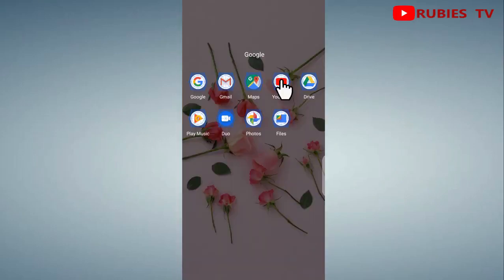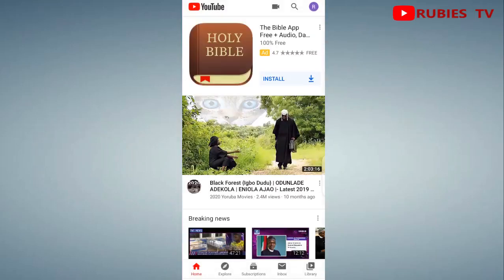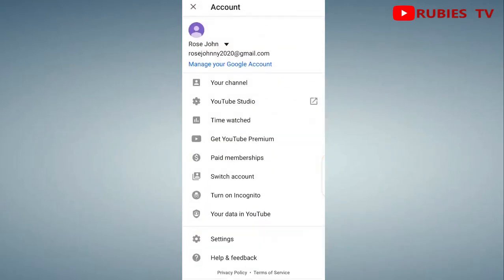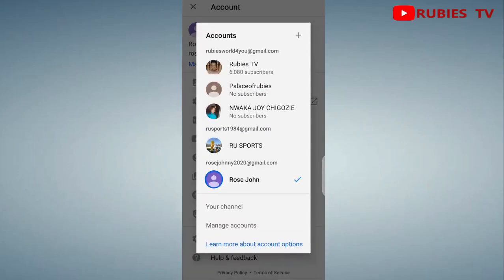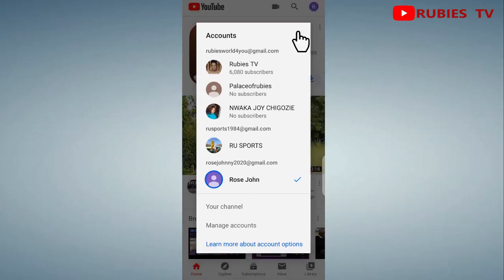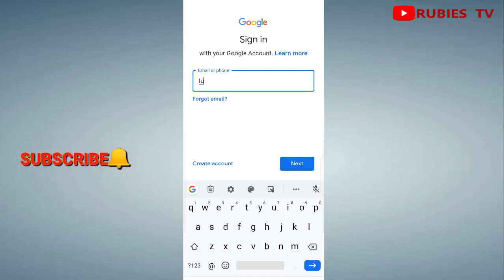To create the channel, I'll click on the YouTube app. So it's going to open up a page like this. So you go to this icon and click there. This is the previous account, so I'm going to click on this drop down here. So this has channels already, so I'm going to click on this plus icon right here. So you type in the email you just created. In this case, we're going to type in